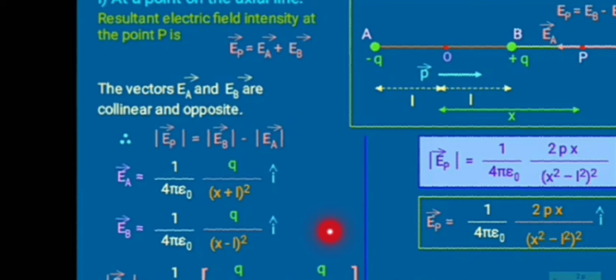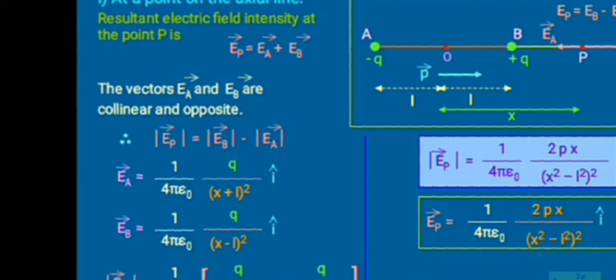Similarly, the electric field intensity EB at point P due to charge plus q is written as 1 upon 4 pi epsilon 0 q upon r square. Here r is the distance of plus q from P and it is x minus L, so it is written as x minus L bracket square. Using these two values in the above equation to find the total electric field intensity at P,